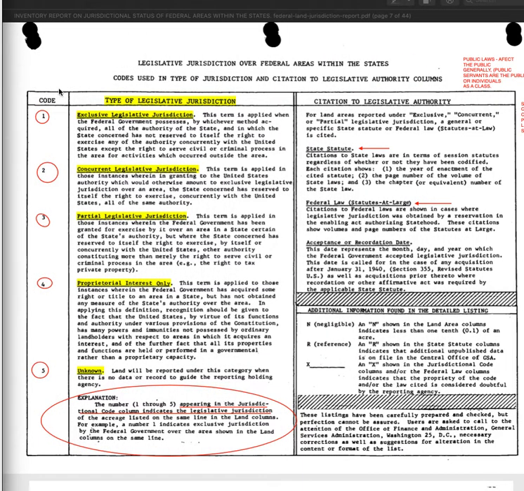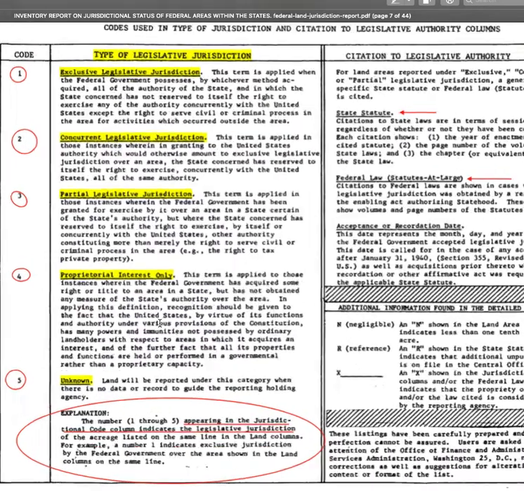So it says here, we have these different types of legislation going on. That doesn't mean that they're constitutional. This one is 2, 3, 4, and 5. Just because they list them here doesn't mean that they're constitutional. This is explained here in this red circle. Let me zoom in.